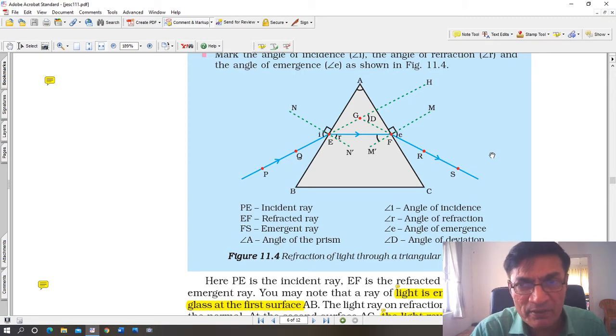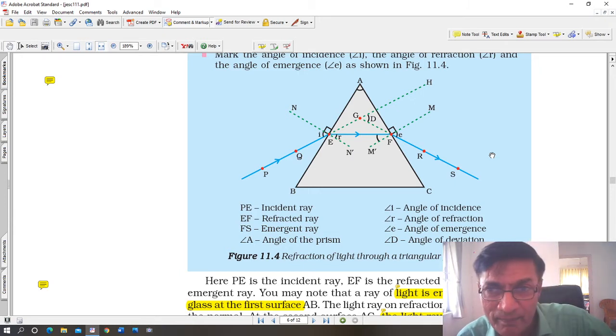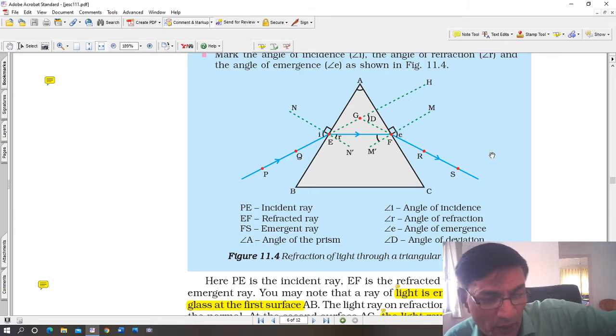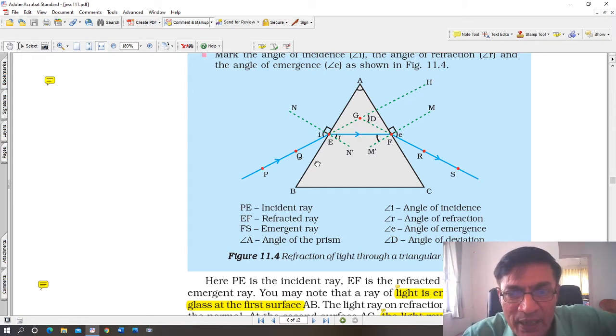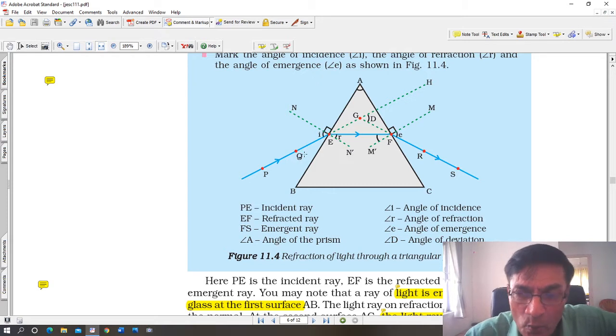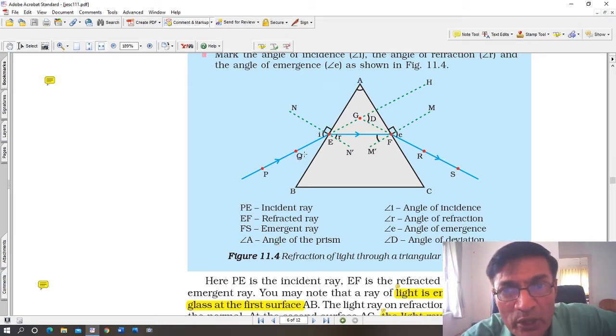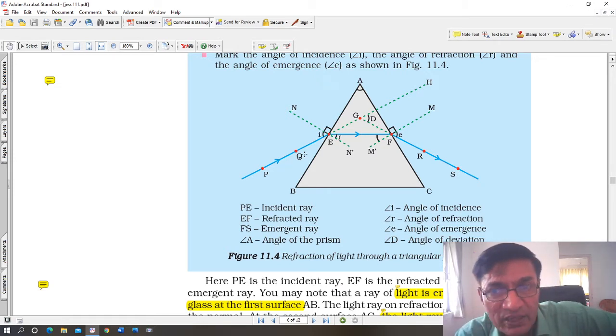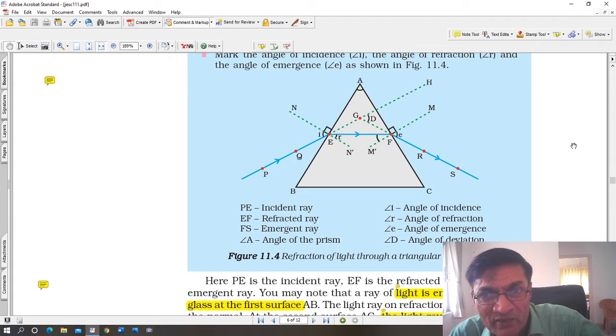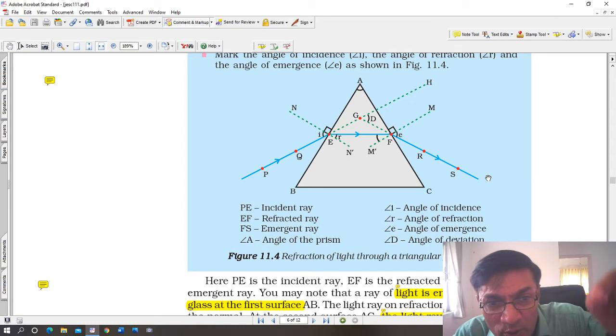Put it on the paper somewhere in the center, in such a manner as it is shown in the diagram. Then from one side, on the opposite side, you can fix two pins, here for example at P and Q, two pins. Two pins वहीं पर रख दिया है. You can use colored pins so that from the other side you will be able to see very clearly. P और Q के ऊपर दो पिन लगा दो. Then from the other side of the prism, see the image formed of P and Q. They will be formed at R and S. तो R और S के ऊपर दूसरे दो पिन लगा दो.